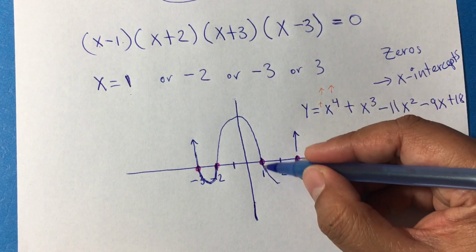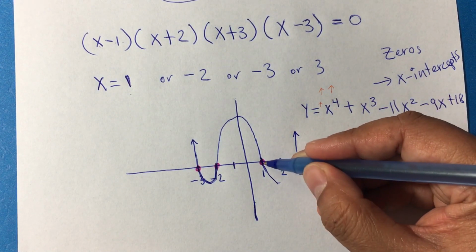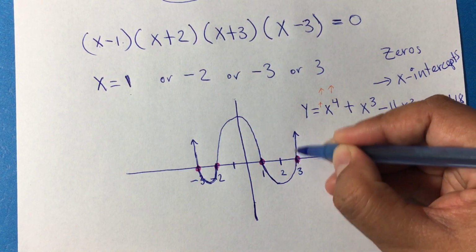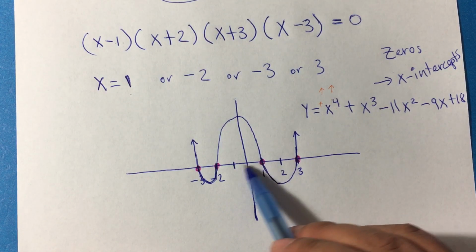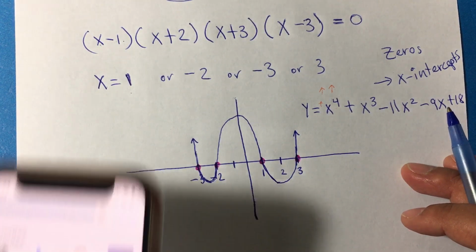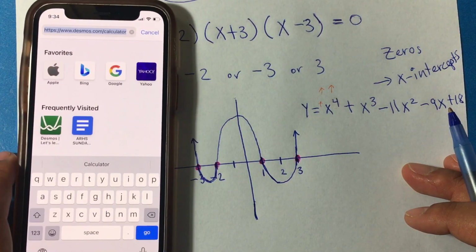But again, it might be going this way or it might be going shorter. We don't know. What we're graphing mainly right now is our x-intercepts and the end behavior. So let's go to, we saw before, Desmos.com,